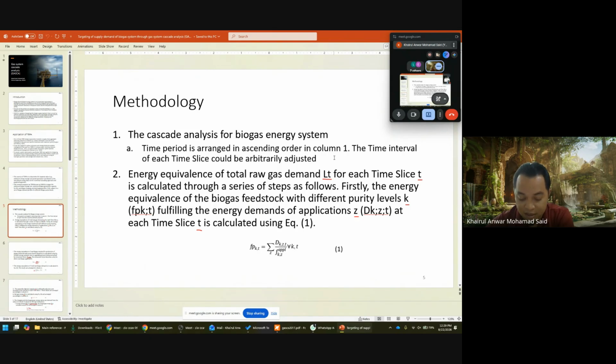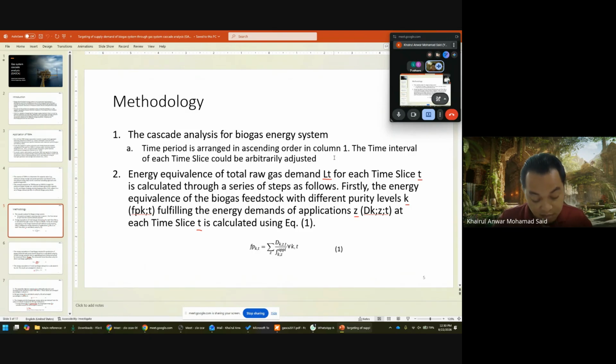So the first methodology step is to prepare the derivation of energy equivalent of raw biogas demand for each application